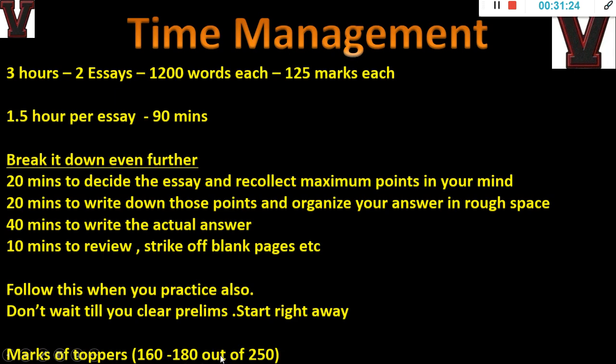60, 70 marks extra here will make your rank go rocket sky. It will be like if you were at the 100th rank, maybe you will suddenly reach the 25th or 26th rank, just because your essay and optionals were good. Okay,